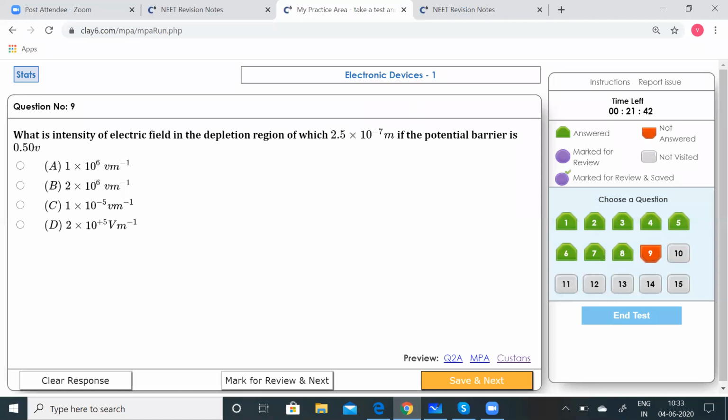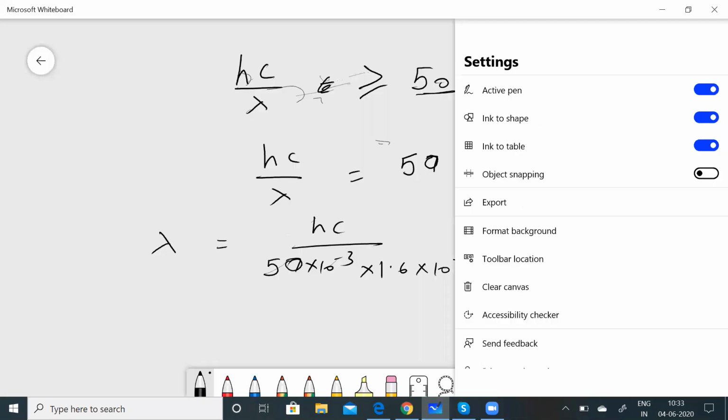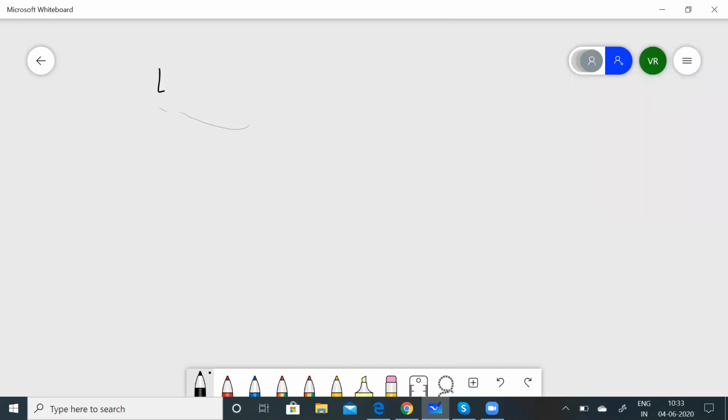What is the intensity of electric field in the depletion region, of 2.5 into 10 to the power of minus 7 meters, if the potential barrier is 0.50 volts? What is the intensity of the electric field? All right, this is a very simple question. E is equal to V by d. Now V is given as 0.5 and the distance is given as 2.5 into 10 to the power of minus 7,